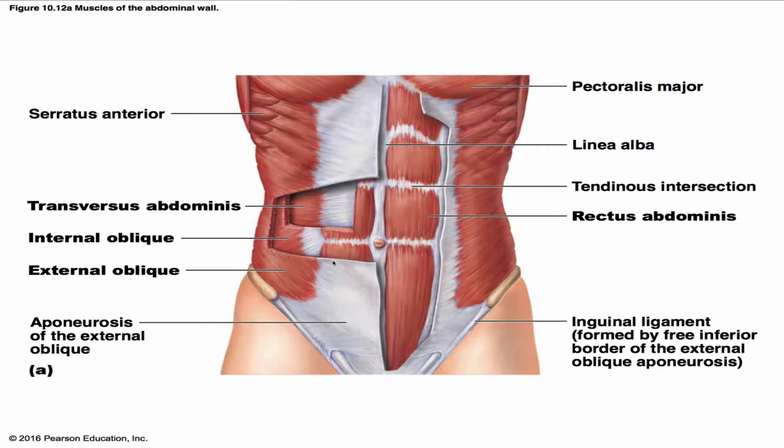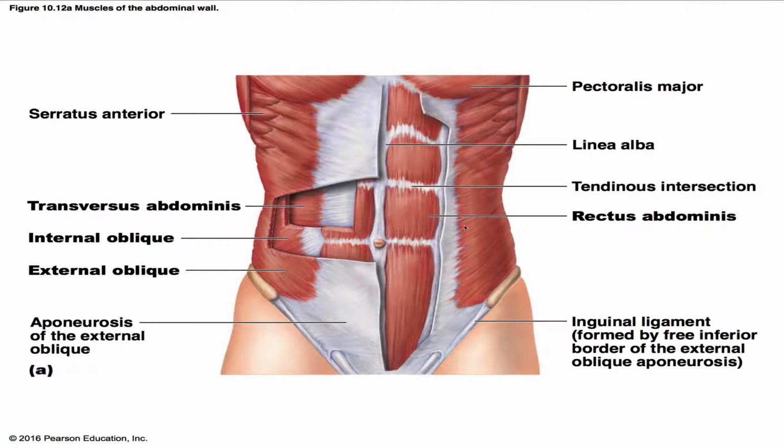So here you can see the abdominal muscles, and the muscles of interest to us are the ones in bold here: the transverse abdominis, the internal obliques, the external oblique, and the rectus abdominis. So let's look at this first one, the rectus abdominis. For this muscle, the insertion is going to be the xiphoid process and the costal cartilages of ribs 5 through 7. And its origin is going to be the pubic crest and the pubic